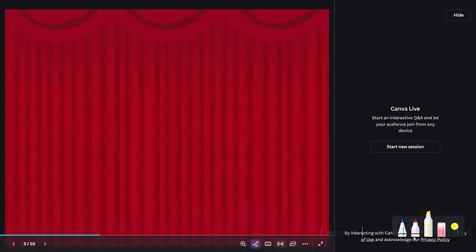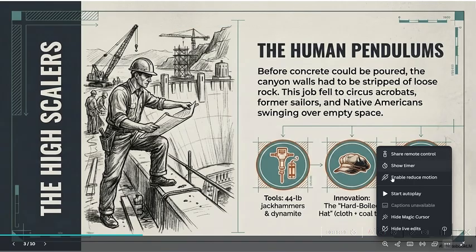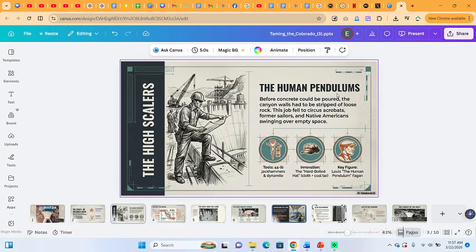So these are very, very interesting features that you can have access to and you can work with very easily. You can even host that mini live. You can share remote control with someone to do the same presentation as well. Basically, you can download or you can present on the Canva platform, but this shows the simple creation and the ease of editing your PowerPoint slide within NotebookLM and